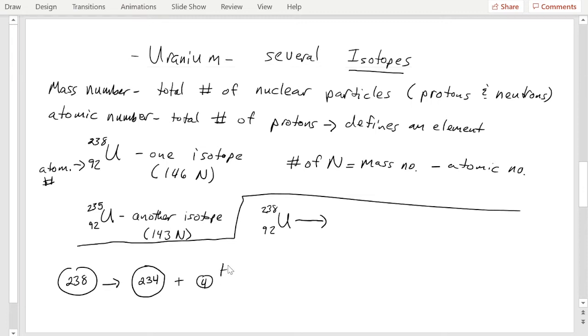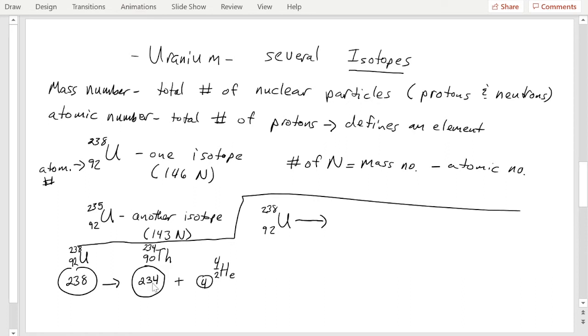Because this is a helium nucleus with 2 protons and 4 nuclear particles, that means that if this is uranium with 92 protons, I'm losing 2 of those protons to the helium nucleus, so this has to be element 90. And it turns out that element 90 has the symbol TH, right? And we started with U-238, but I lose 4 total particles, so now I have